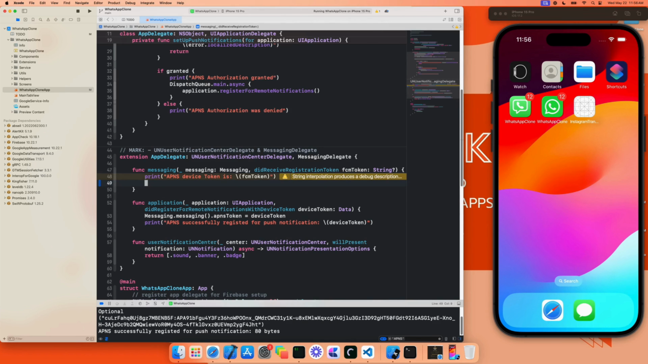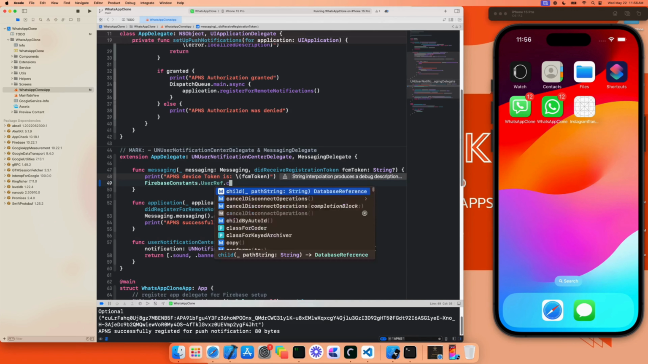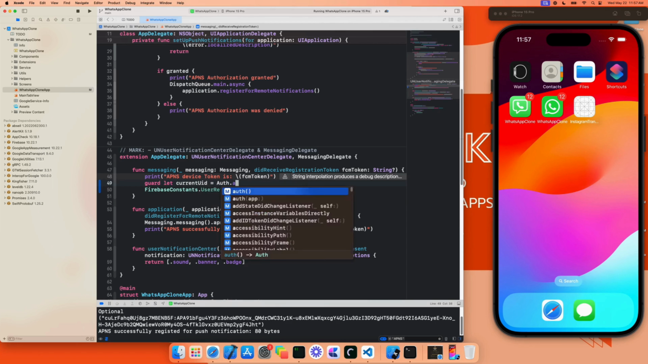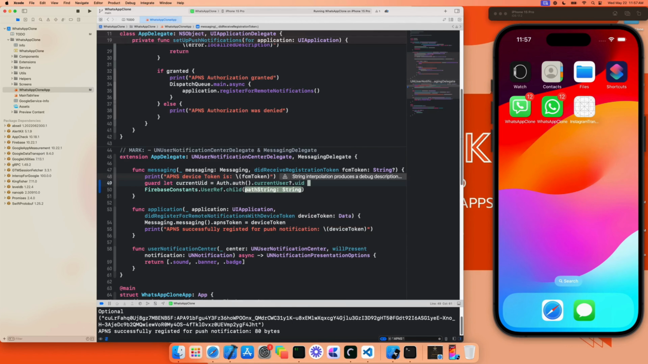And address in this case is analogous to FCM token. So we need to store that FCM token in our backend, as you can imagine. And the way I'm just going to do that is by storing it in our database. I'm going to say Firebase user ref, the child. We need to get our current user ID. So I'm going to say guard let currentUID = Auth.auth().currentUser?.uid, else return